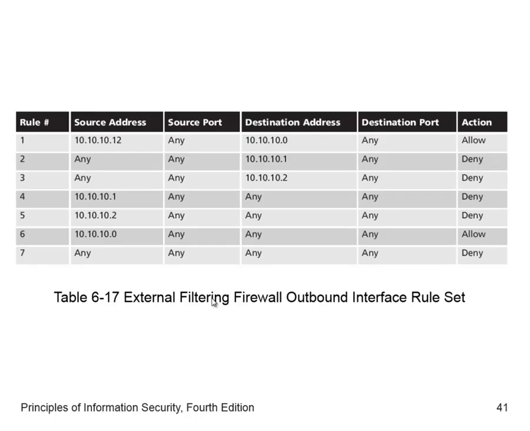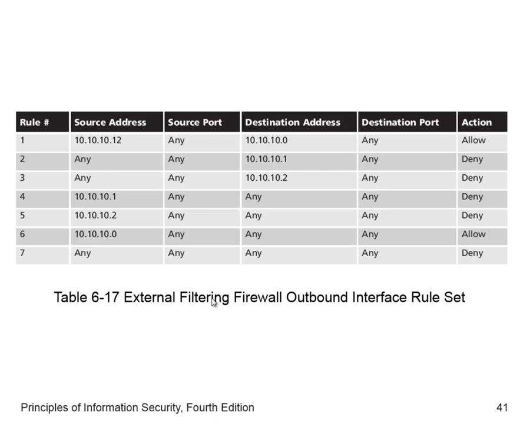The table on this slide shows the recommended rule set for the external filtering firewall outbound interface. So that was inbound, this is the outbound interface. Note the similarities and differences in the two rule sets. The internal filtering router firewall rule set shown in outbound has to both protect against traffic and allow traffic from the internal network